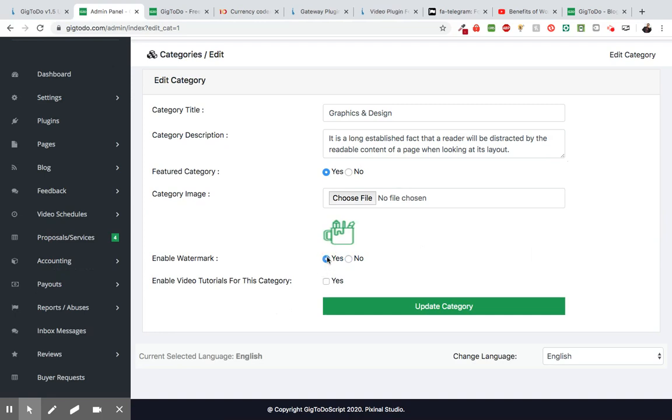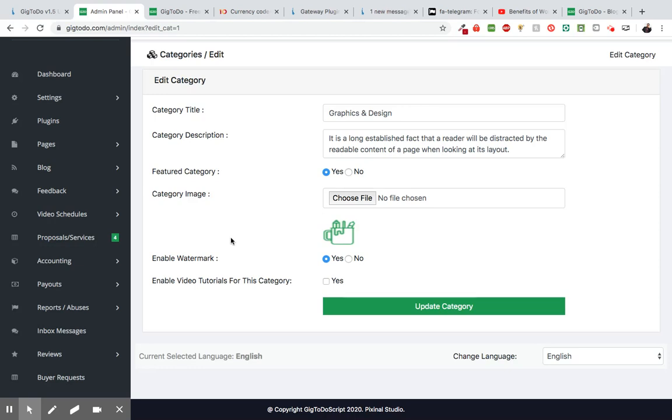So if you click yes to enable watermark, so basically when the buyer purchases, say, a logo design that is under graphics and design, and since the main category has enabled, the admin has enabled watermark for that category, when the